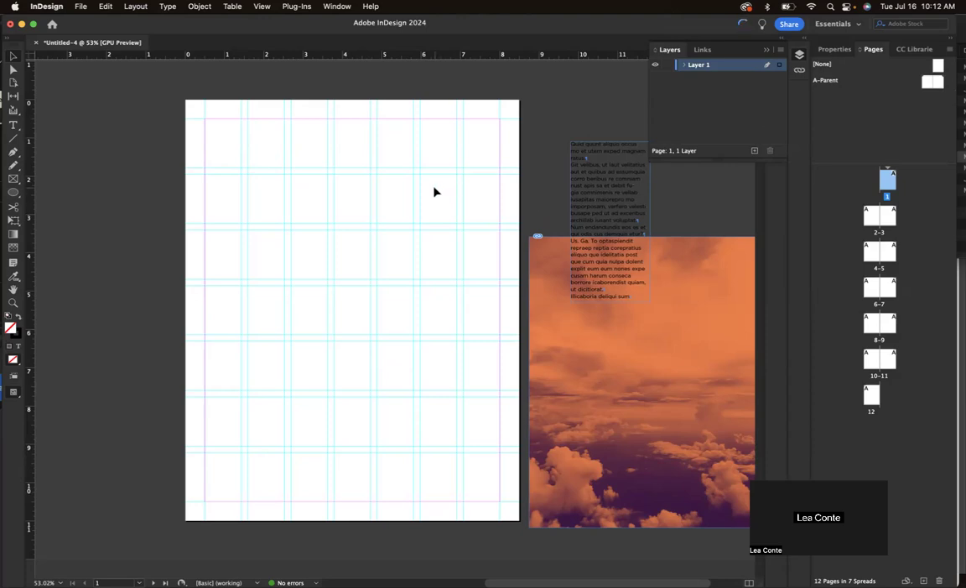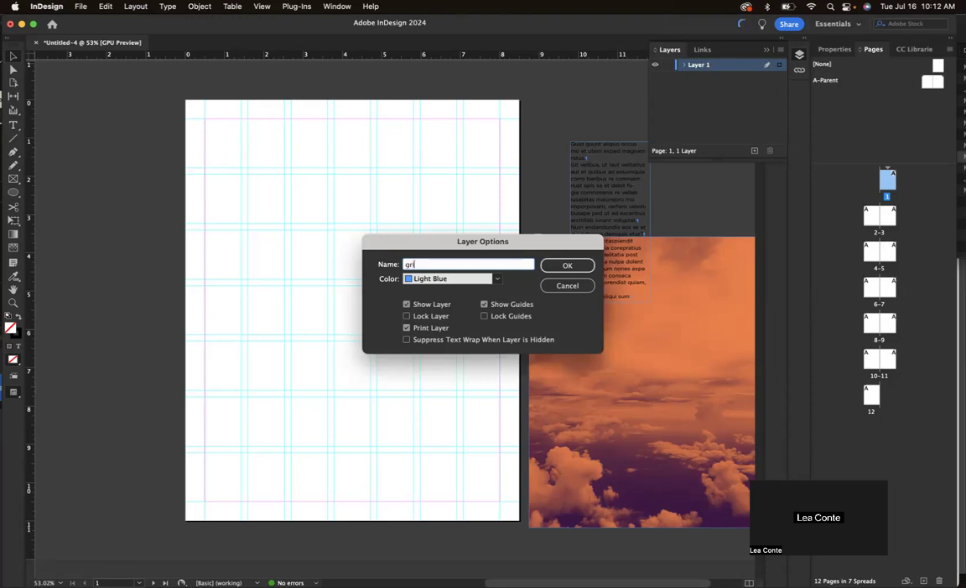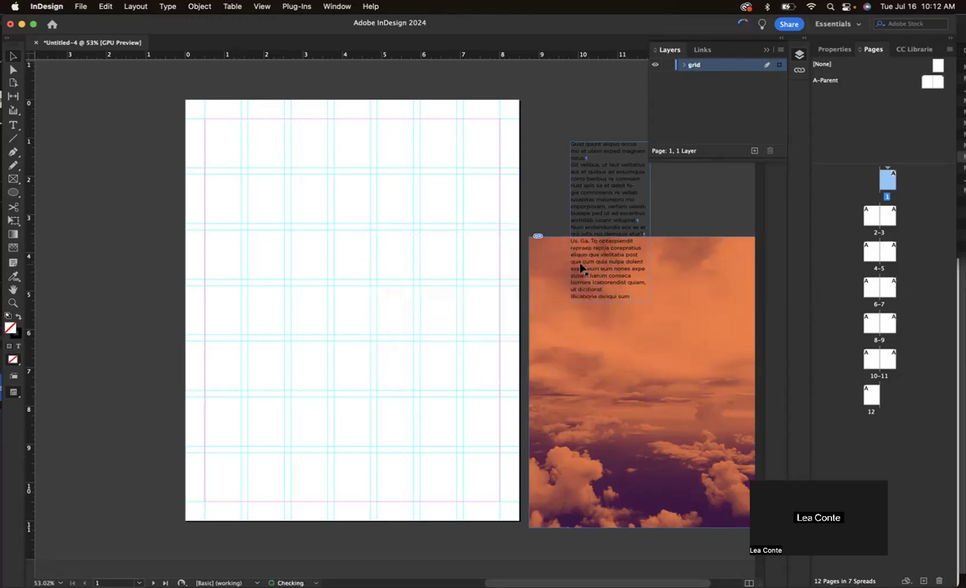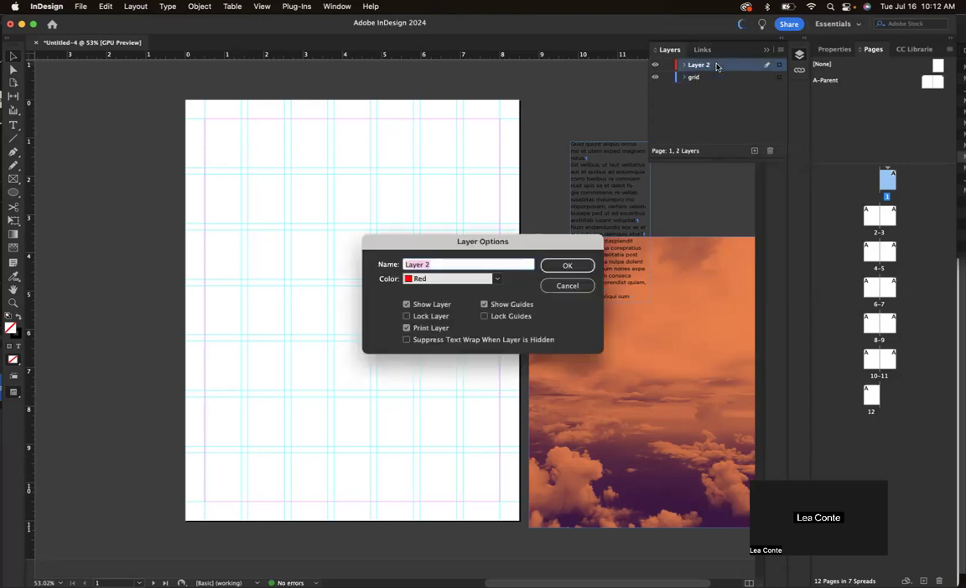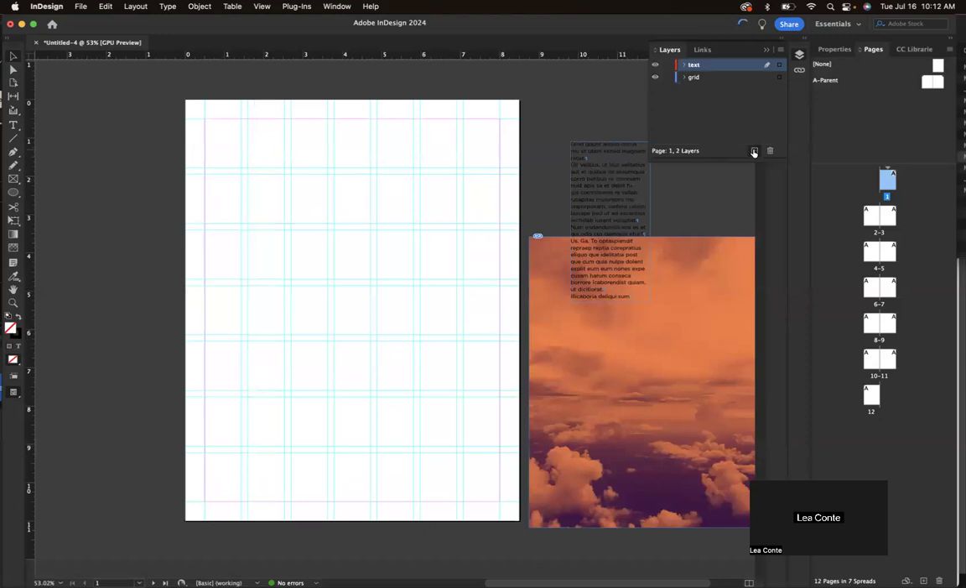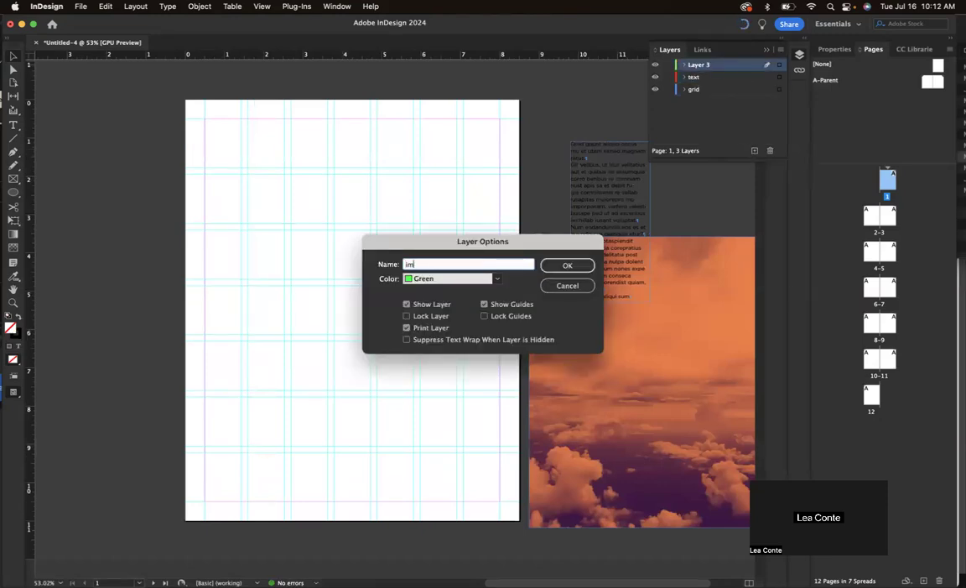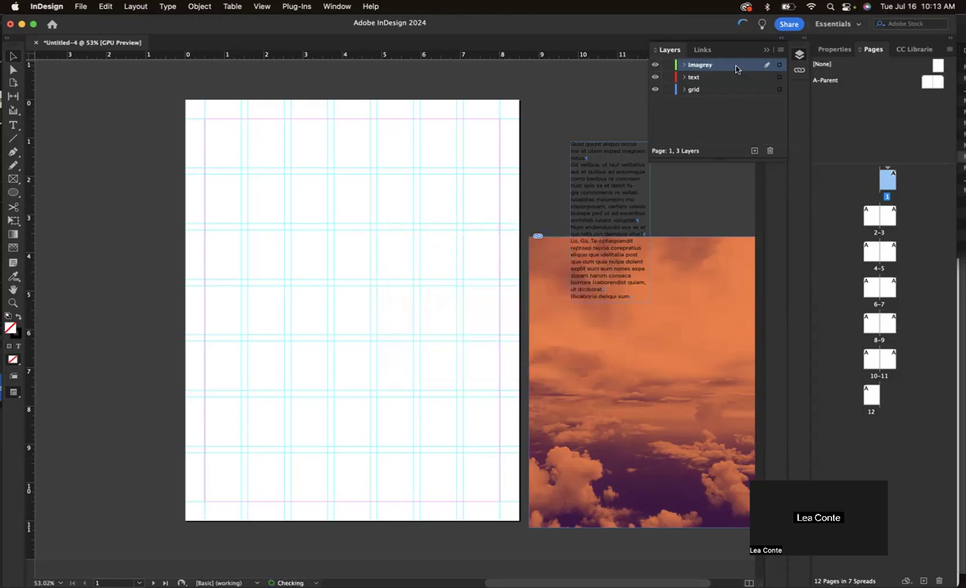So if I only had one page in my document, it's not necessary to have a master page. I could use it, but I could also use layer 1 for my grid. Okay. And then I would also want another layer here for my text. And I would want another layer for my imagery. This should actually go above imagery. That would make a little bit more sense when I'm working if I want to put my text on top